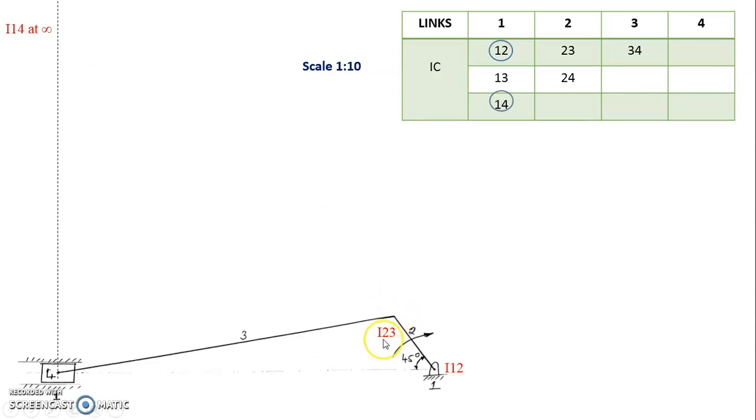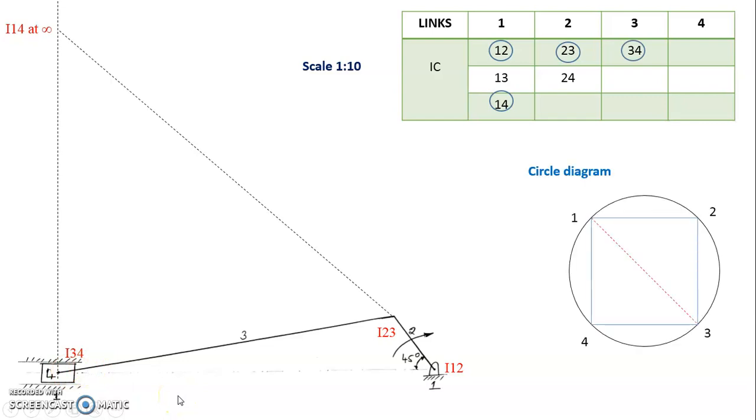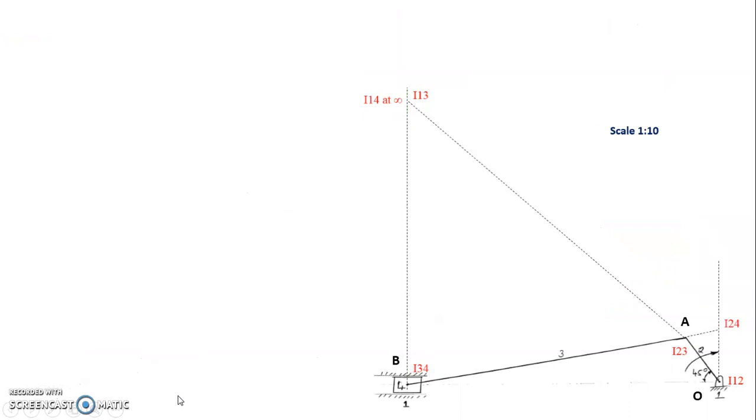Over here is 2, 3. 2, 4 you don't know. 3, 4 is over here, a point here, and we found that. Once you find that, do the circle diagram and find the intersections of 1 and 3 as well as 2 and 4, just like we did. Alright. So once that is done, now crank speed is given.